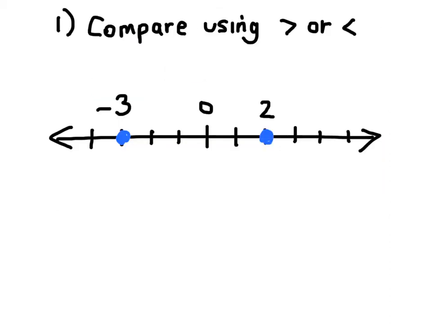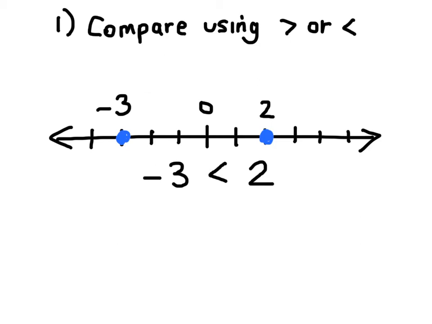All right, here we have two numbers that we're going to compare using greater than or less than. Let's start by comparing their regular values. So if I'm comparing -3 and 2, which number is greater in value? Is it -3 or is it 2? Well, if you said 2, you're correct. So the sign that we would use would be the less than symbol